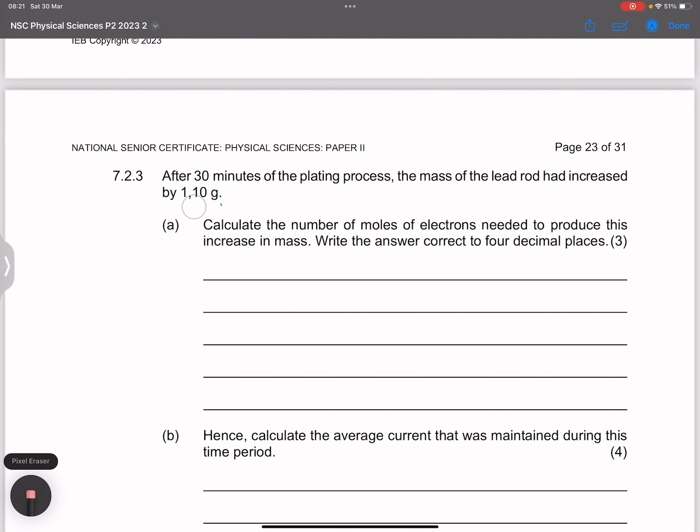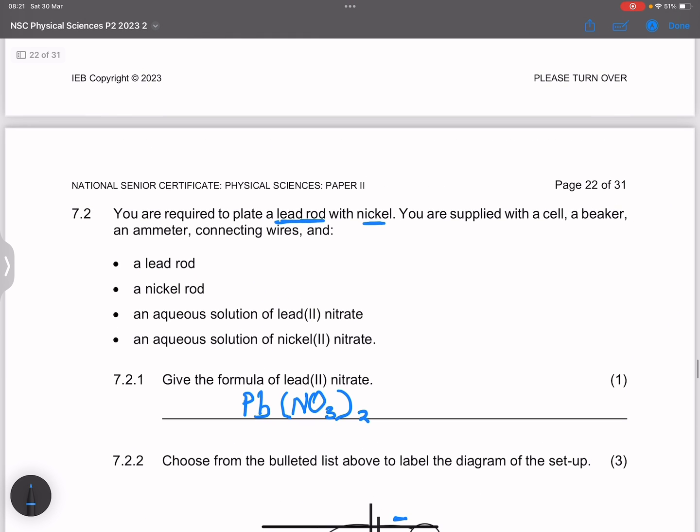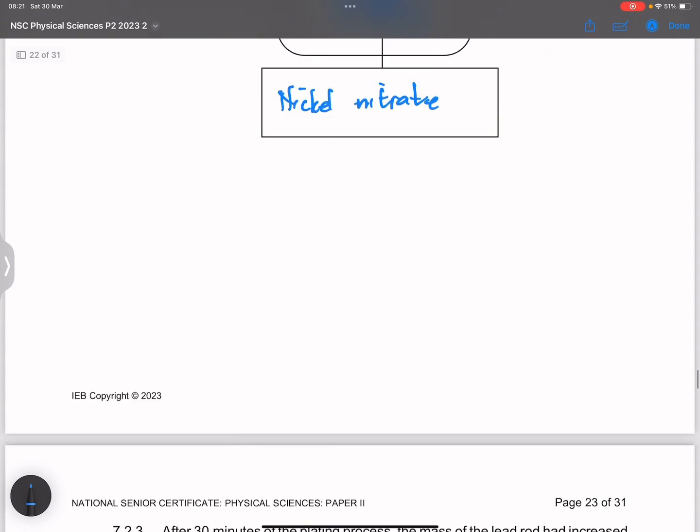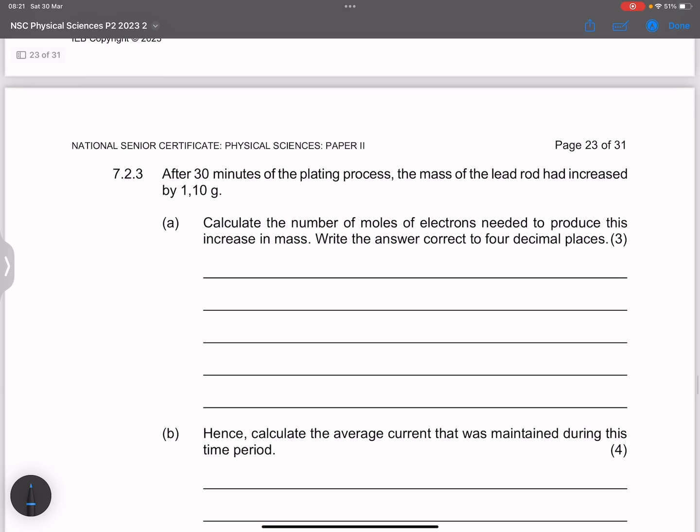Now remember, the mass of the lead rod would have increased because of nickel, right? Remember, what did we do? We electroplated lead with nickel. So nickel is the one that's causing that change in mass, right? So what I'm going to do is I'm going to say, well, the number of moles of the nickel that would have formed, that's mass divided by molar mass. Okay, and in this case, I've got 1.1 grams divided by, if you check in your periodic table for